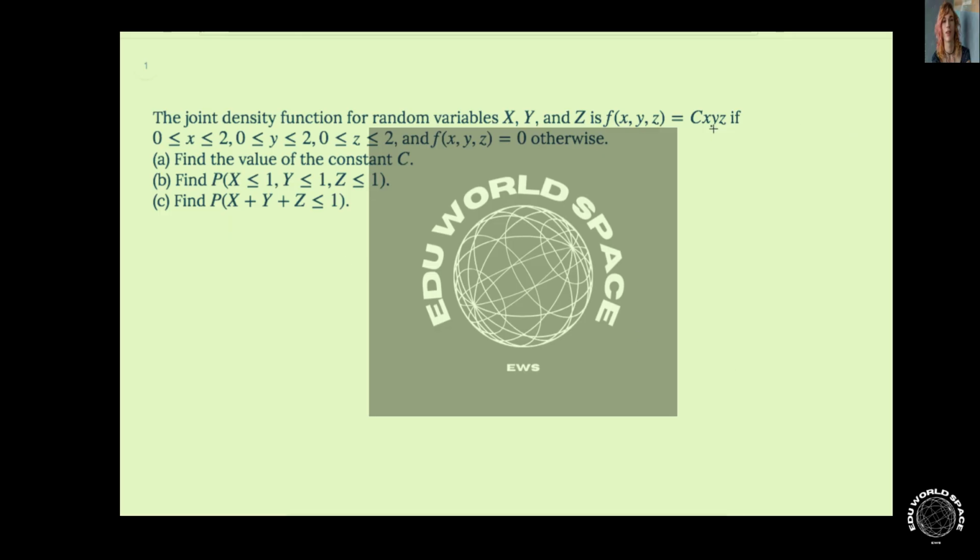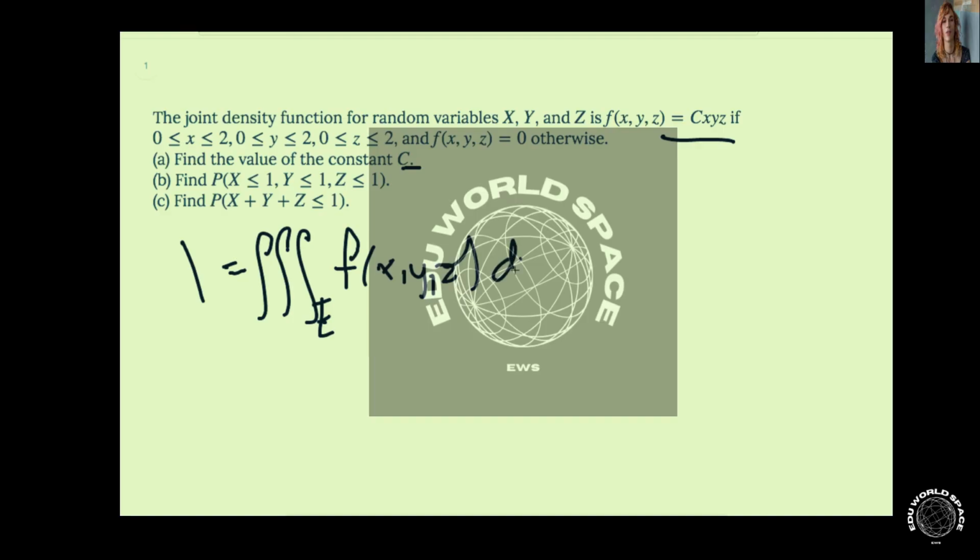All right, so we've got this joint density function here, and we need to find the value c. So we know that this entire density function over the region E of f of x, y, z, dV is equal to 1 because it's a joint density function for random variables. So we know that